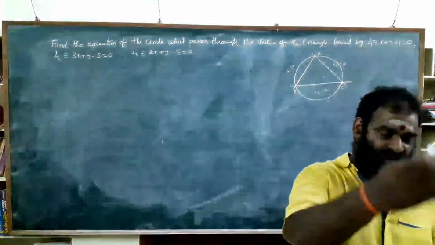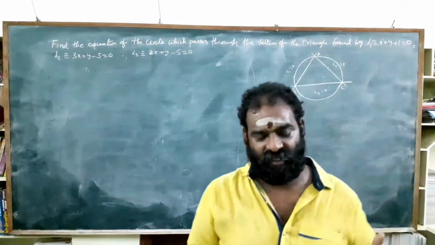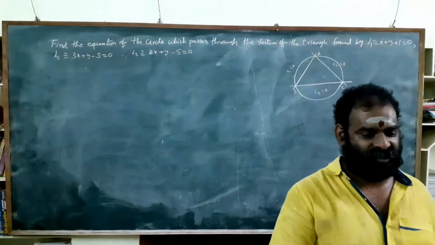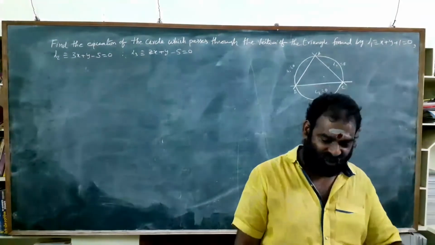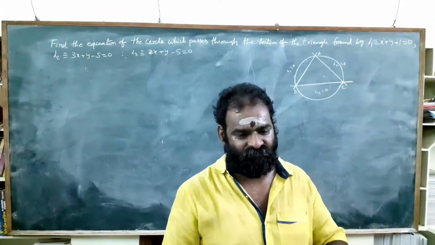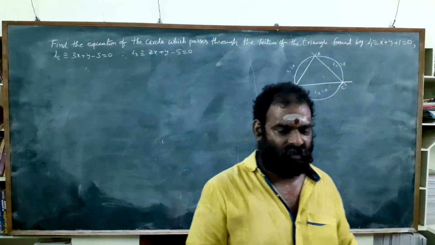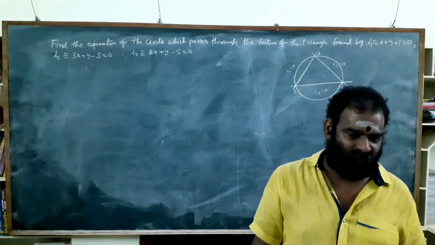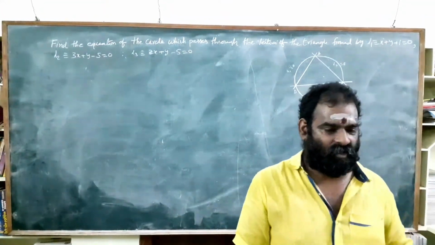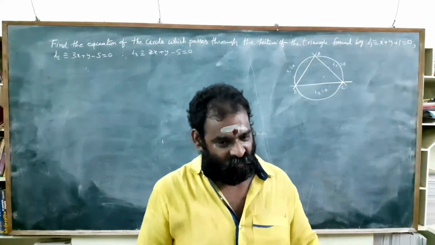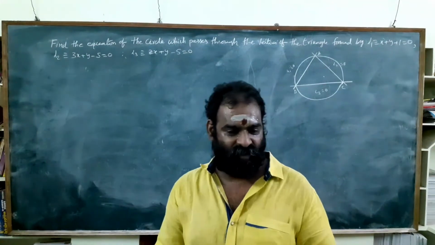Solve those equations simultaneously, 5 and 6, 6 and 7, by eliminating c. Then you get 2 equations in g and f. By solving those 2, you get either g or f. Then by substituting it, you get the other. Then you substitute both g and f in any of the equations and get c, which we did in the previous problems. But there is laborious work here. So I go for method 2, which is somehow easier when compared to the first one.